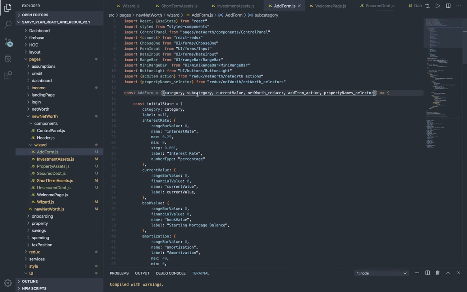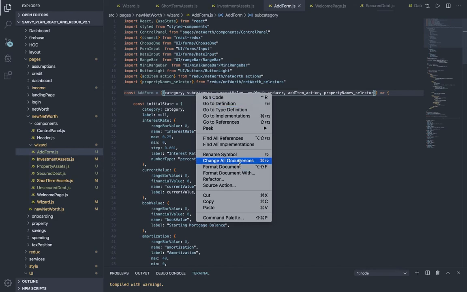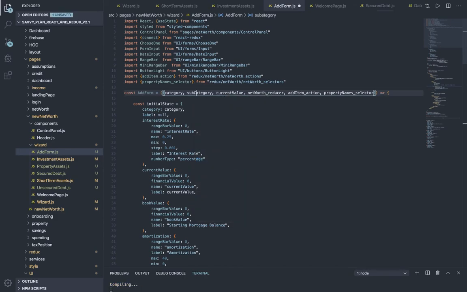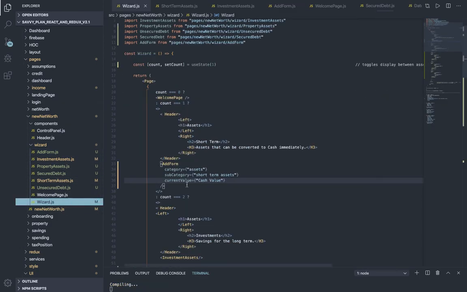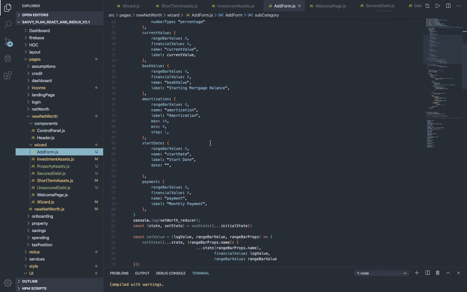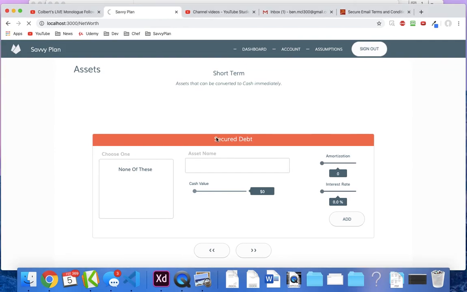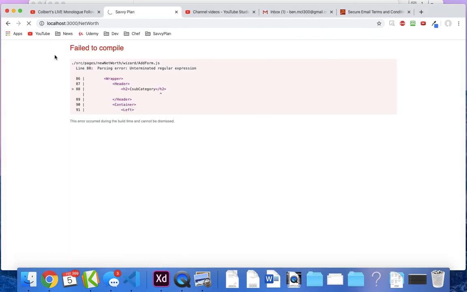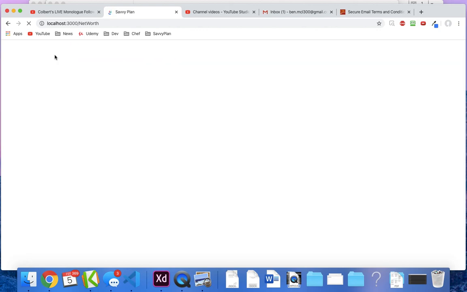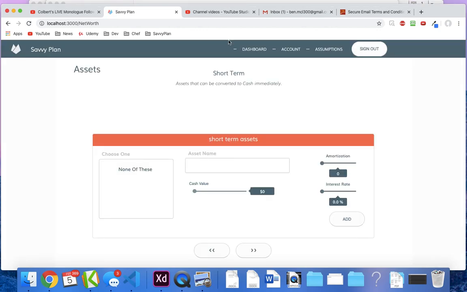Ooh, I don't like how I don't have this properly named. Change all occurrences. And just make sure that I'm passing it in like so. So subcategory, yes, okay. Back into the add form. So the title that's going to be being rendered here will be subcategory. And you'll notice that it should then go to lowercase all around. So we might use some Lodash. I'm just going to pause